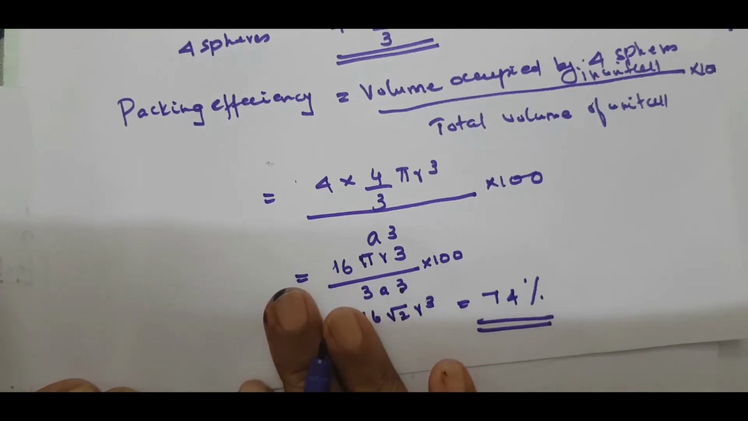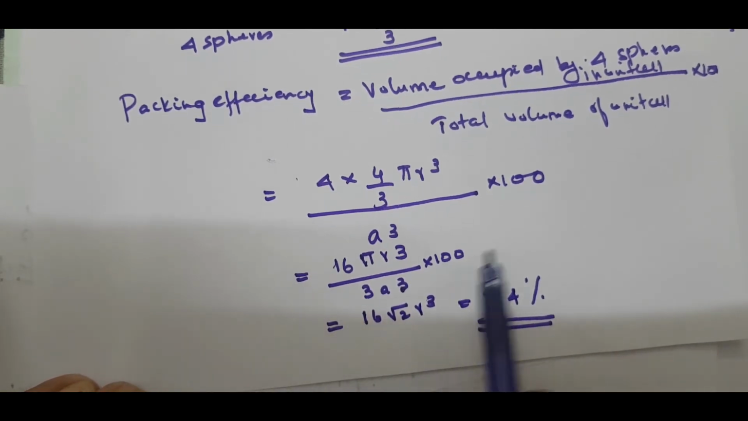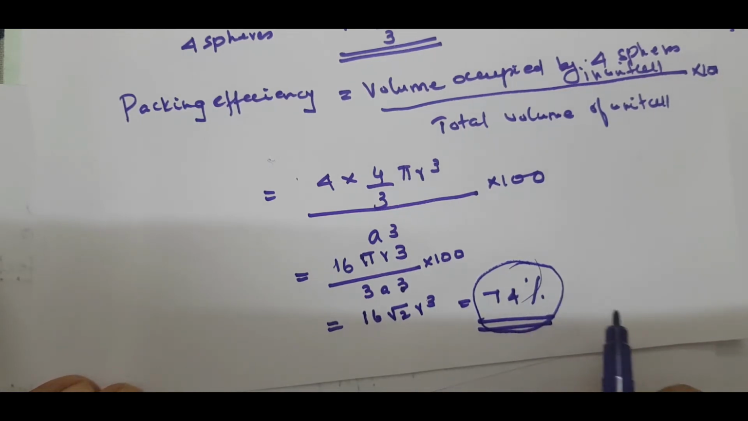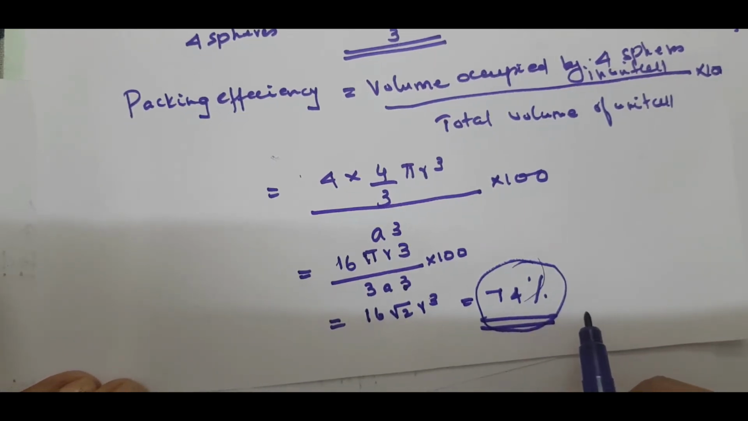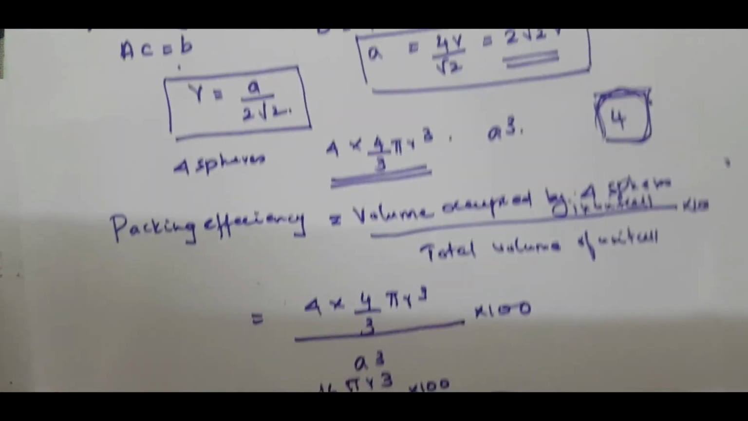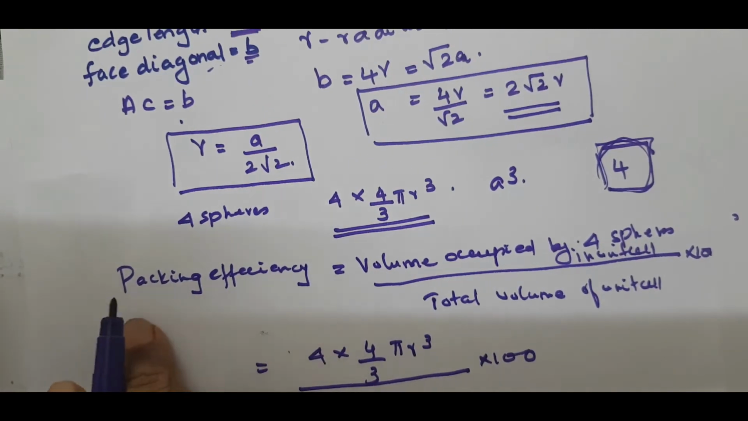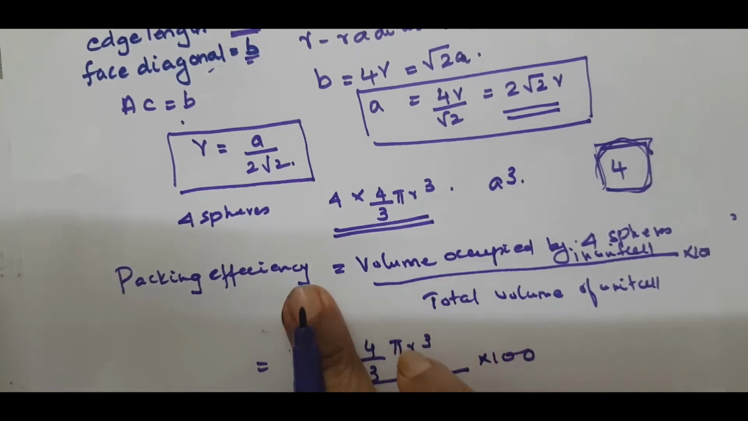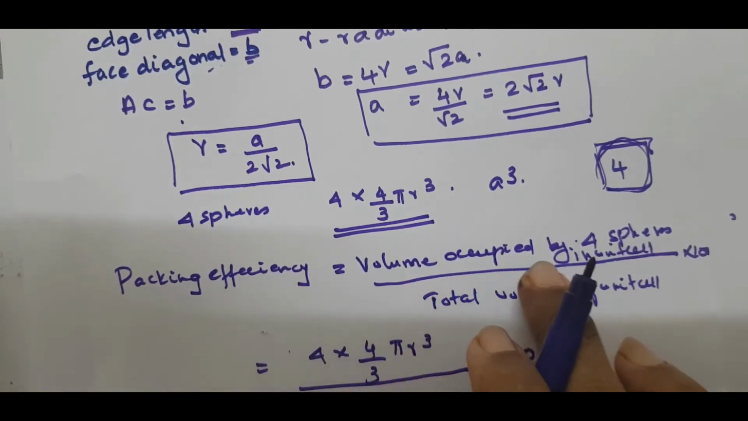HCP and CCP are more efficient packings. That means 74% of the space is utilized for the packing, so the voids will be less. So you have to study how to calculate the packing efficiency. In order to calculate the packing efficiency, you have to know the volume occupied by